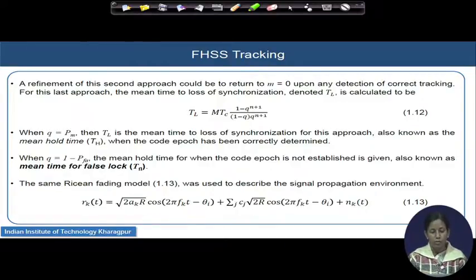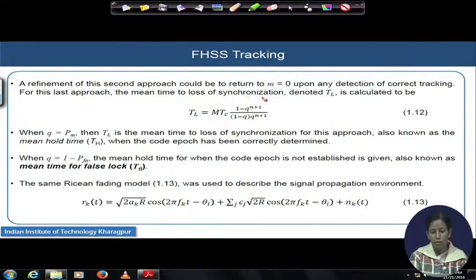or not. So, in that situation what we do is we can consider a situation when we will be setting m equal to 0 upon any detection of the current tracking, and then for the last one, I mean for this kind of the one where at least one tracking mechanism we will continue, and we will try to measure what will be the typical mean time to loss of the synchronization. We will try to measure that quantity, where there is a value of q,